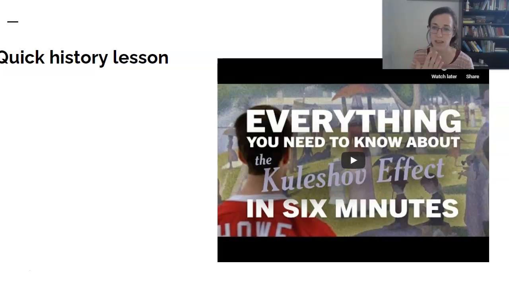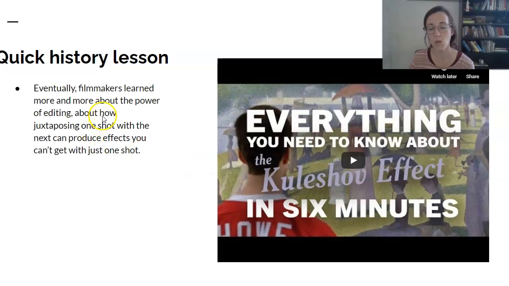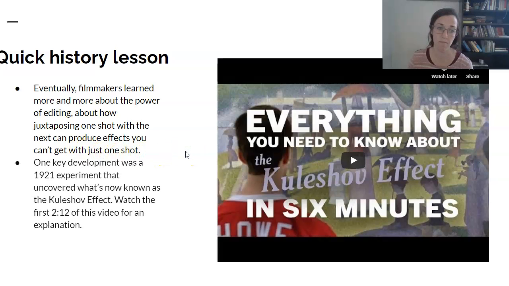If you were just to film me right now, which is basically all these films are, it would be pretty one note. If you clip in things that I'm holding and looking at, and then you would see my face, you would read things about my expression just by moving those two shots next to each other. And we're going to see that in the really famous crossing of the river scene. So what all this is in written form, filmmakers learned pretty early on that by editing, you can produce effects that you can't get with just one shot.